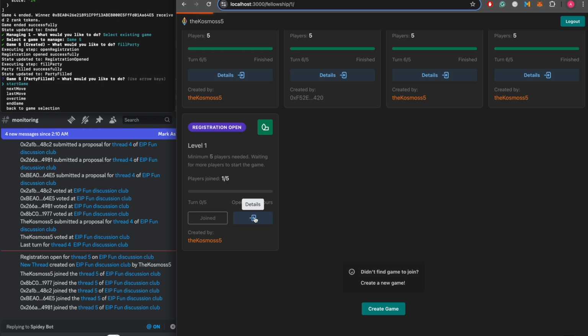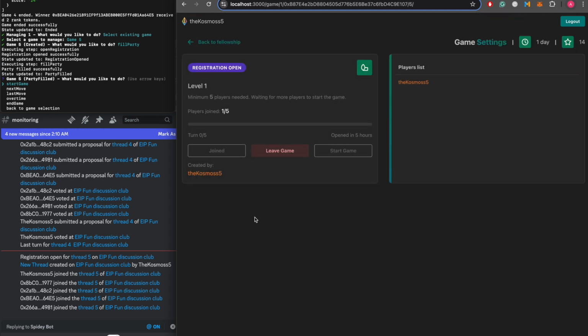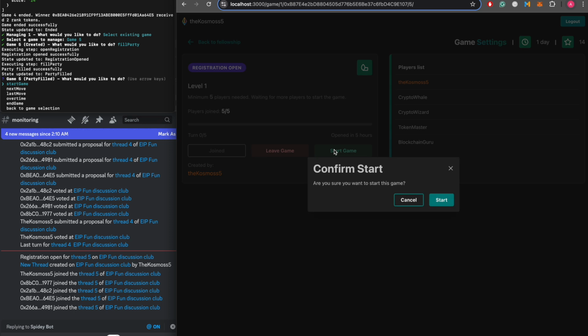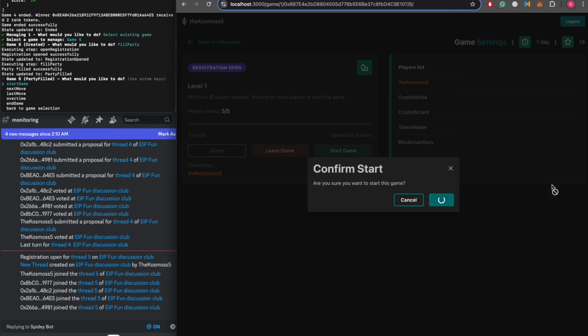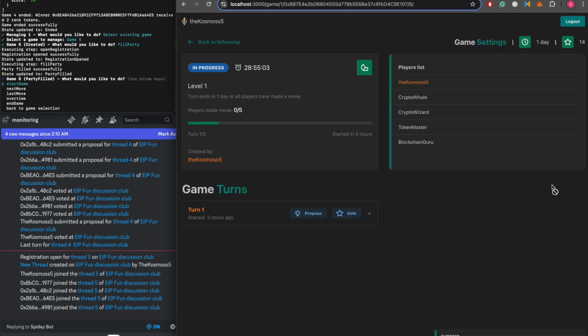You can see we are getting all of the live notifications, and eventually we have to refresh the interface just to accommodate that players joined. You can see we have a bunch of nicknames resolved. We have 5 players. Registration is open right now, and the game creator starts the game, and that marks the time stamps from them. All of the timeouts within the game are counted, and so what we want to